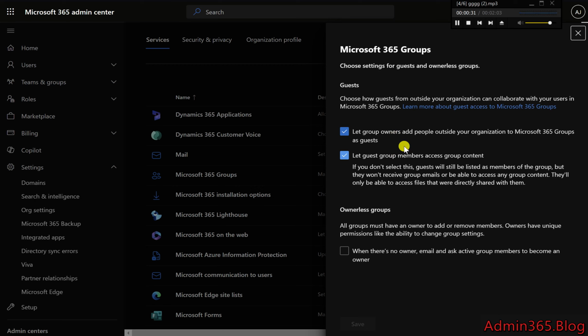Ensure the option "Let group owners add people outside your organization to Microsoft 365 groups as guests" is selected. Additional options available include restricting content guests can access, managing orphan groups by assigning active members to take ownership. Now that guest access is enabled in Microsoft 365, it's time to check and configure settings in the Microsoft Entra